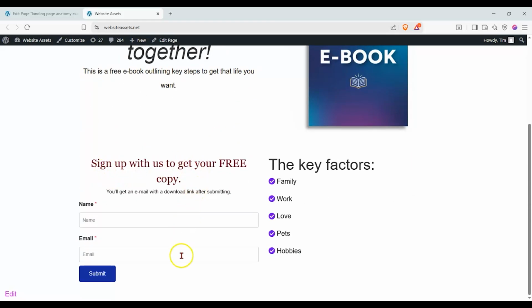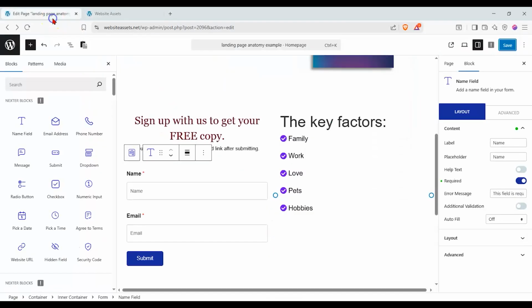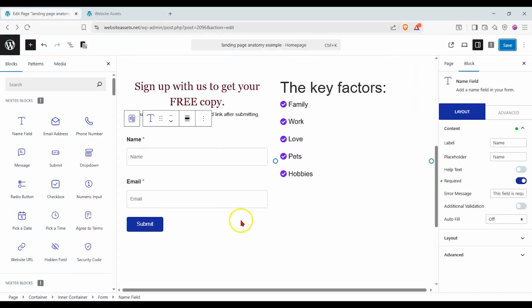I'll get a free copy. All right, I'll click on submit. Here are the key factors. I'm pretty convinced. Okay, but if your potential leads need some more convincing, we're going to go ahead and insert